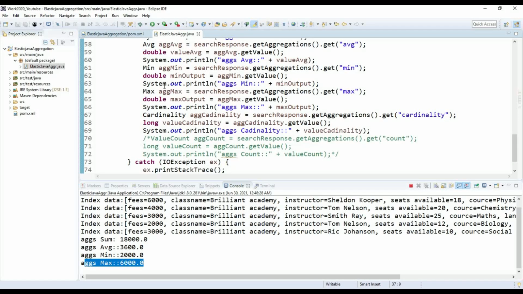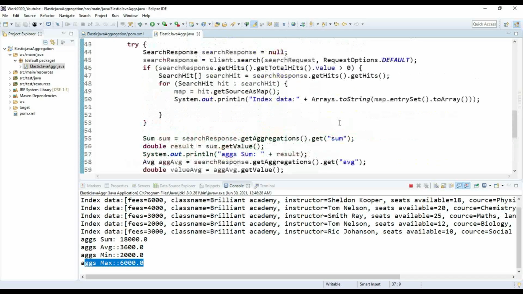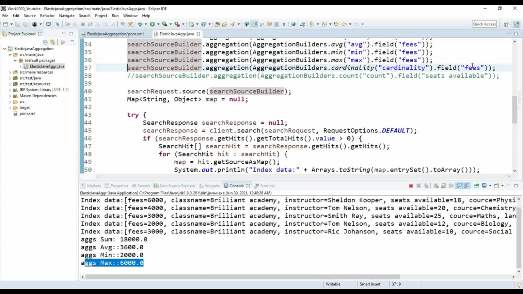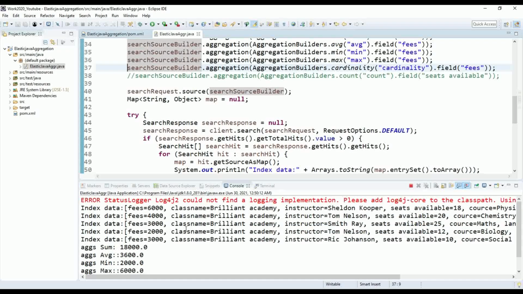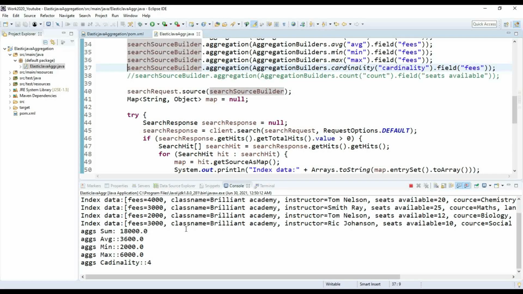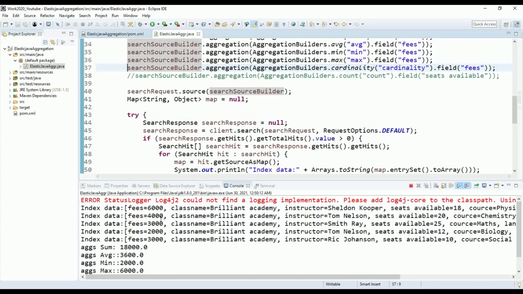So now, which field have we applied cardinality for? For fees only we have applied cardinality. So I'm running this. It returned the distinct count for the provided data set. I want the distinct count for fees.